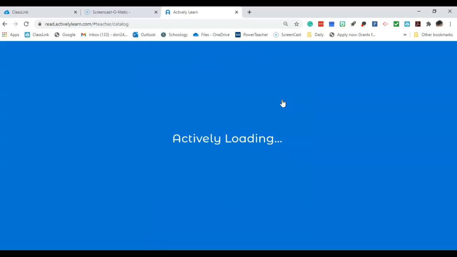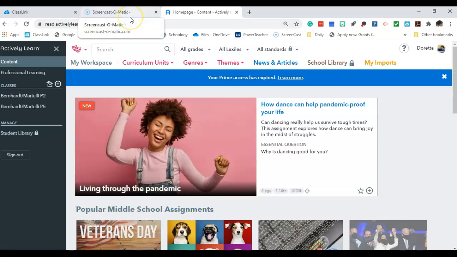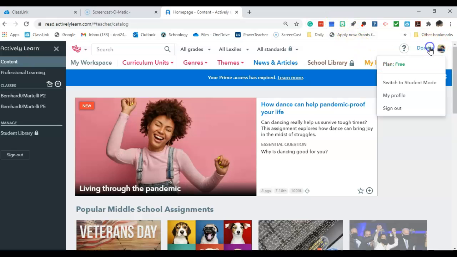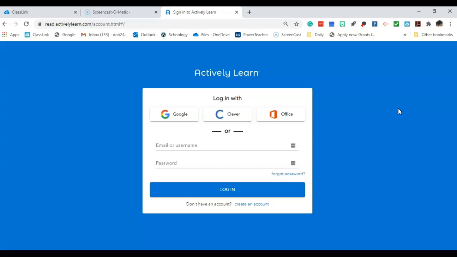And then what Office is going to do, I believe maybe you have to be logged into your Office 365 account, your OneDrive, and then if you're logged into there and you log in with the Office, it's going to automatically take you to not this page. So I'm going to log myself out because I think what has to happen is